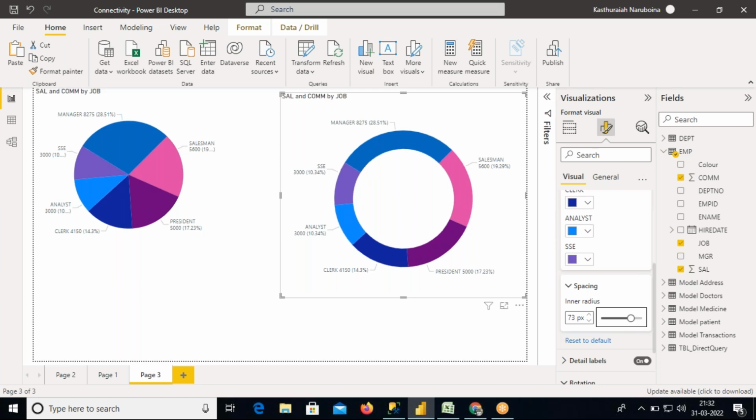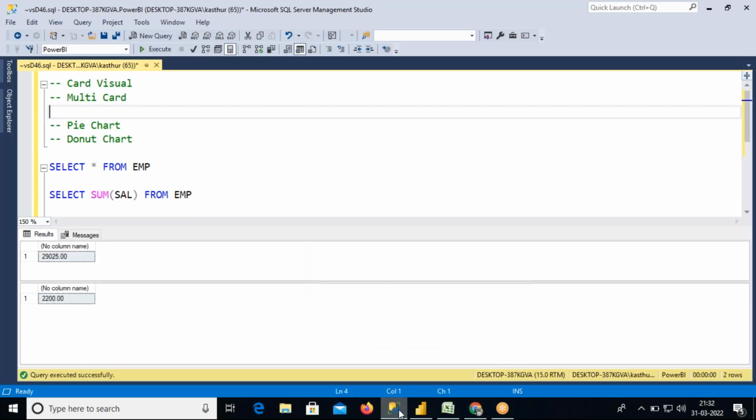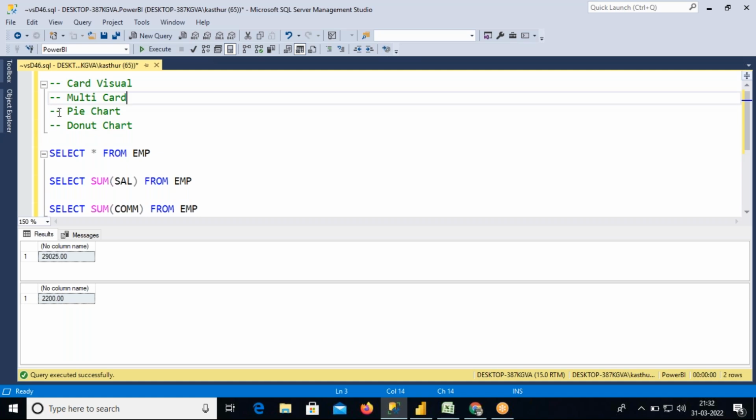Okay, so we are done with today's session. Any questions on these 4 visuals? Card visual, multi-card, pie chart and donut chart. Any questions? Hello, Anna. Yes. Anna, type of the visual